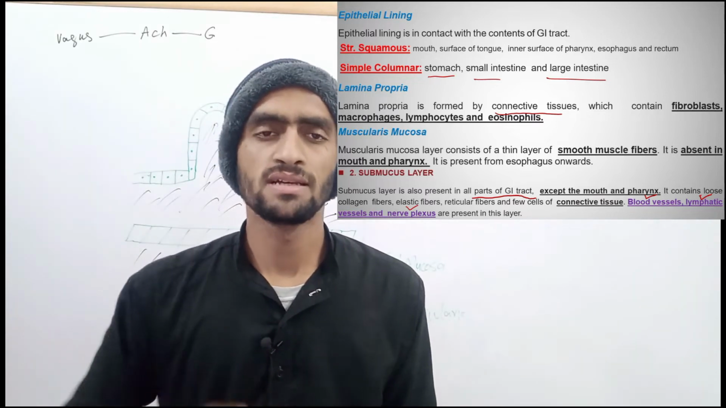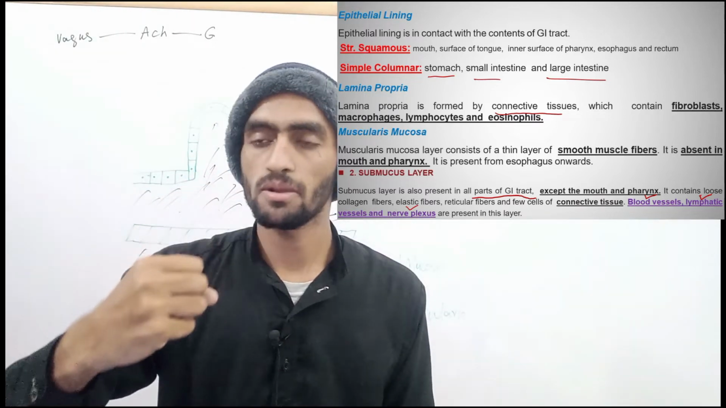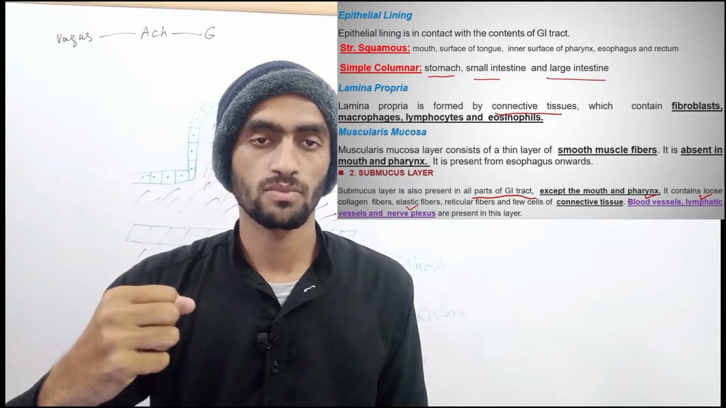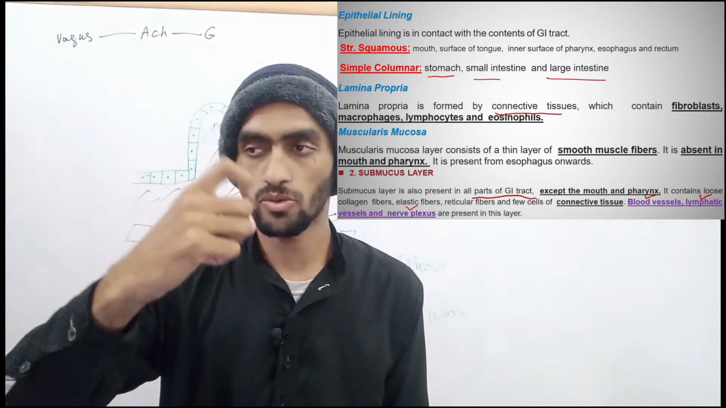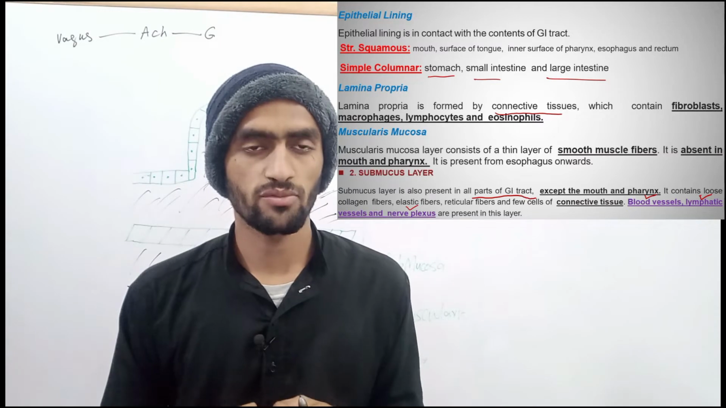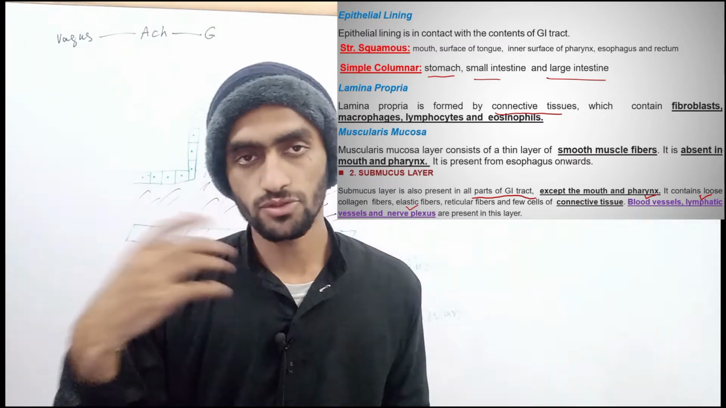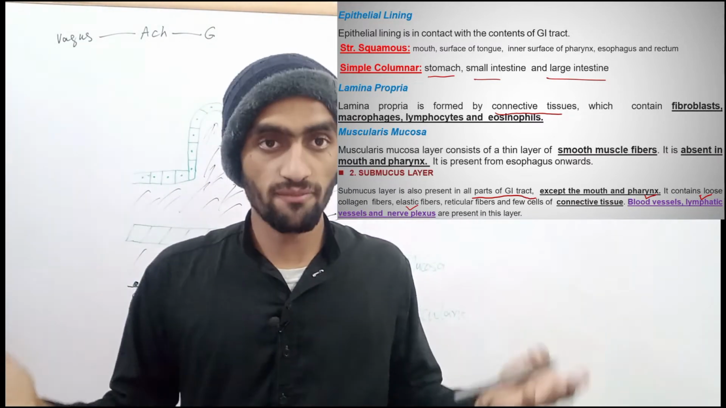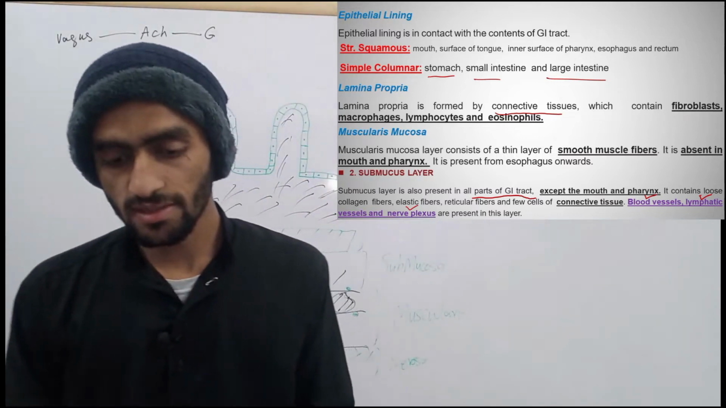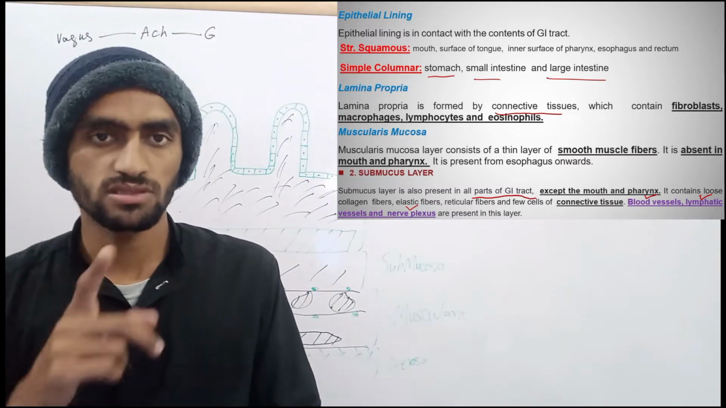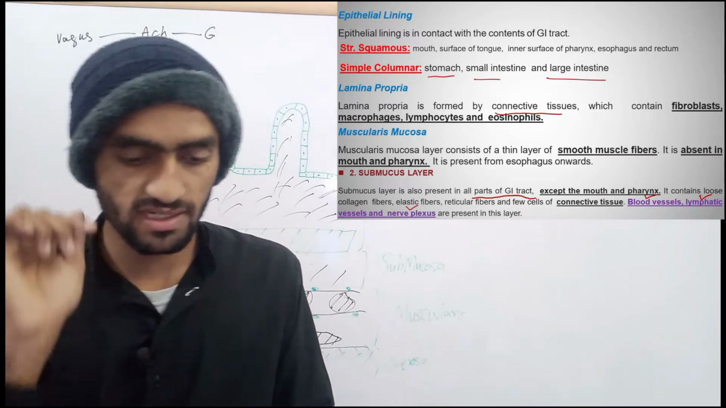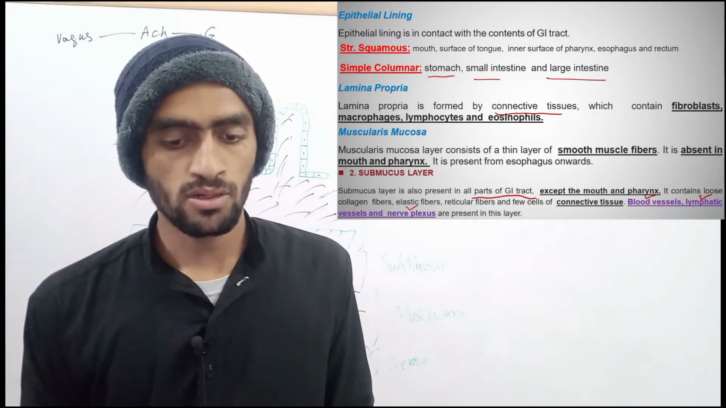What is the function of lacteal? They absorb the chylomicrons. When they are broken down into simpler form, they are absorbed by lacteals. These are lymphatics. Nerve plexus: the submucosal nerve plexus is present in the submucosal layer. Then